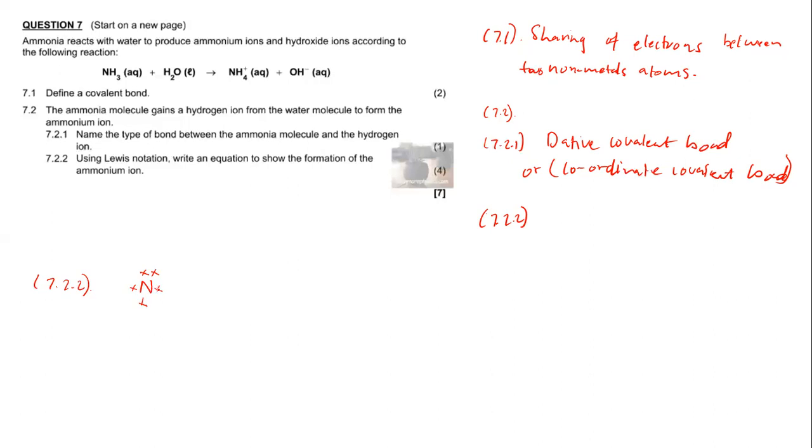But at this point in time, nitrogen is not happy. Why? Because it's supposed to obey the octet rule. It's supposed to be surrounded by 8 electrons. Remember, we have 3 hydrogen atoms left, which will bond with our nitrogen. So 1 hydrogen will come at this point by donating its electron, another hydrogen will come at this point by donating its electron, and another hydrogen atom will come at this point also by donating its